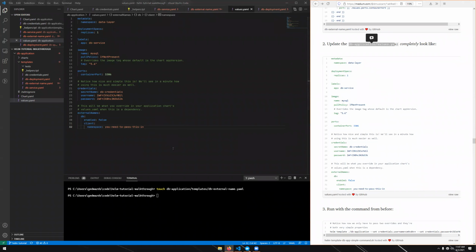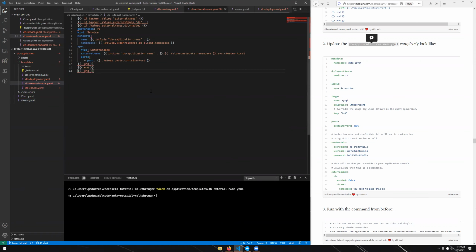And if you can just go to, before you run the command, if you can go to the external name for a second. So one new thing we've introduced here is conditionals. You'll notice just a couple interesting things about conditionals. One is we can keep this entire YAML from being installed into Kubernetes if it's actually false, the thing we're